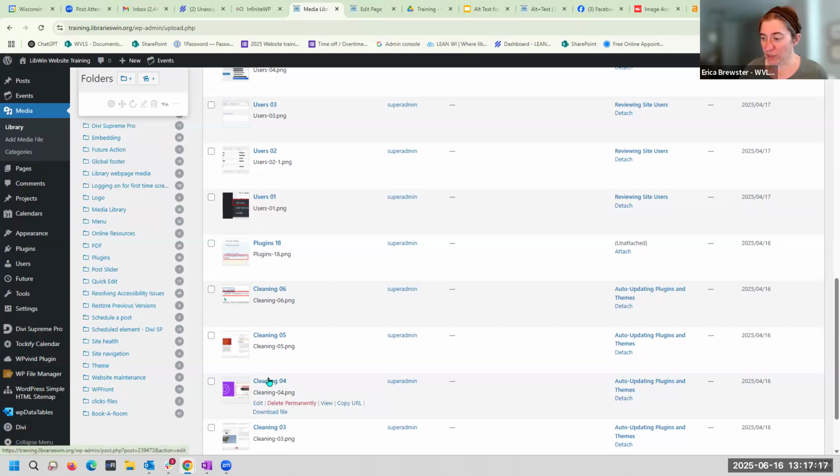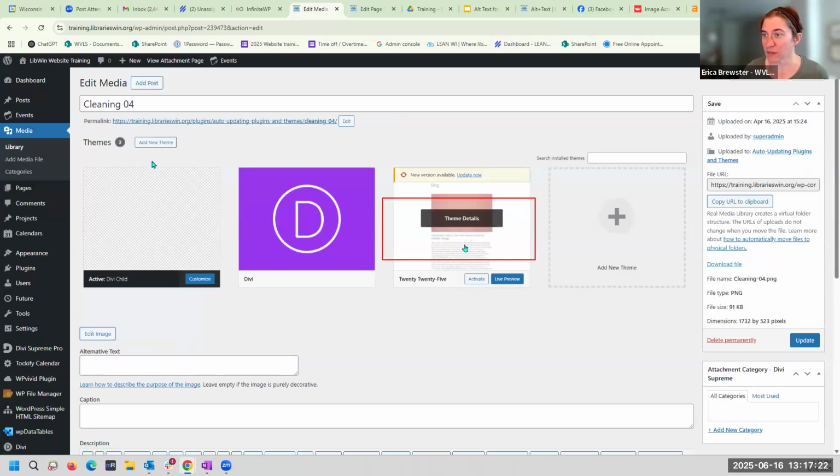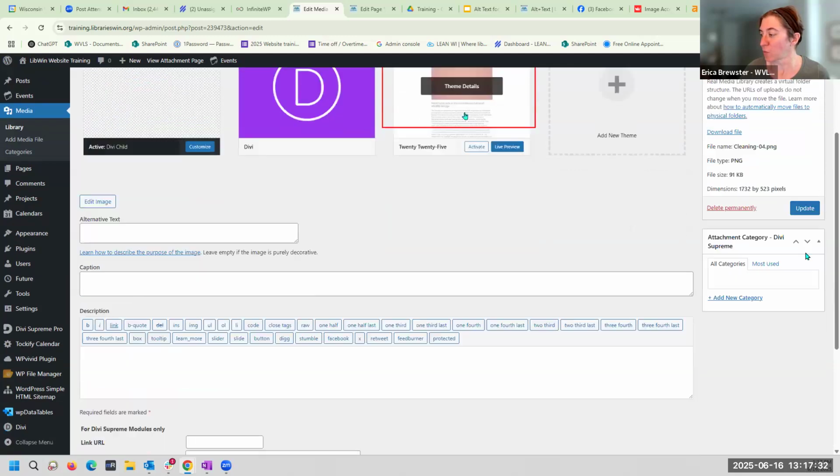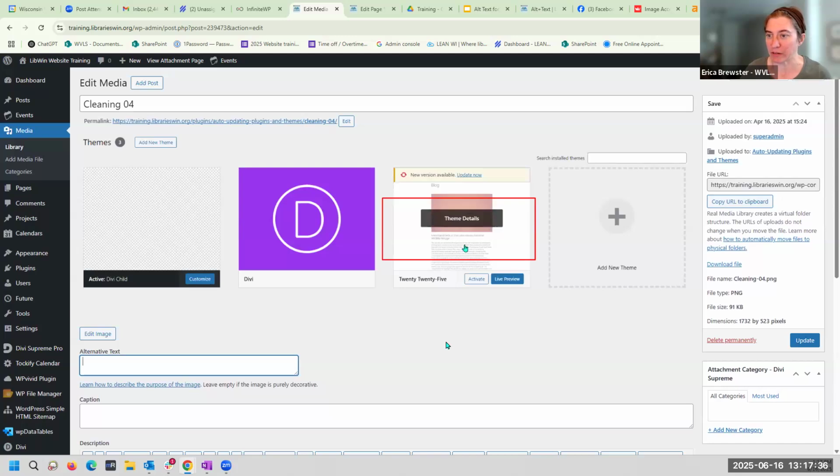But if you have an image, and this is an image, it looks like a website thing, but it's an image of cleaning up your website and taking out additional themes for a tip and trick. When you look at alt text to this one, which I hadn't, I'm a bad person, I didn't add alt text. Do not include